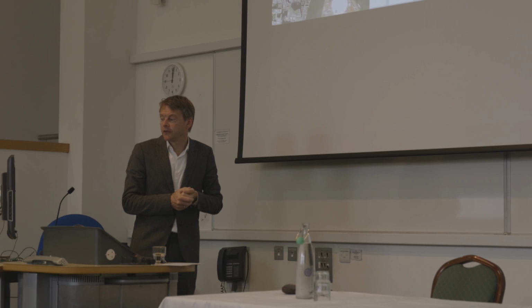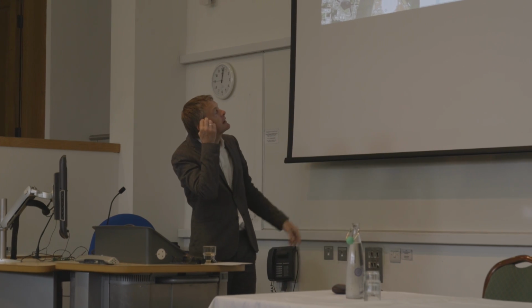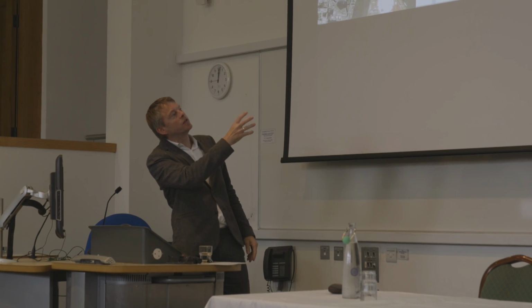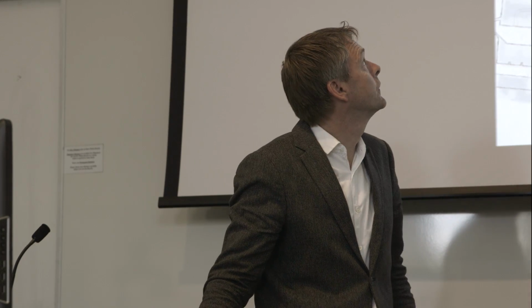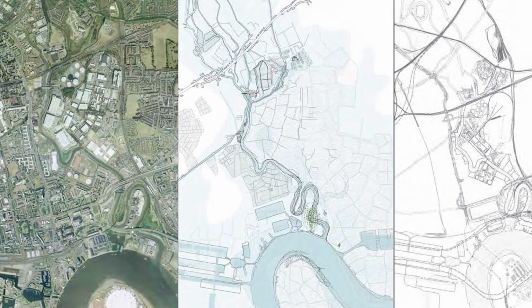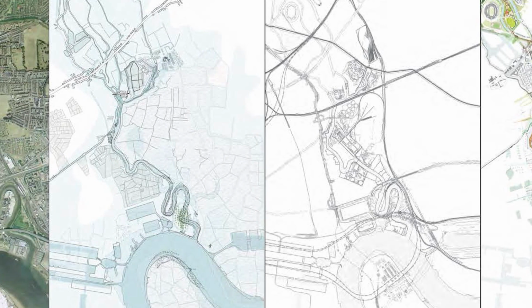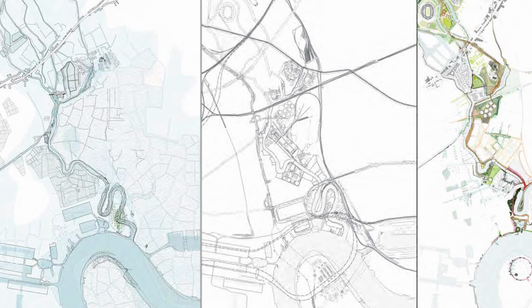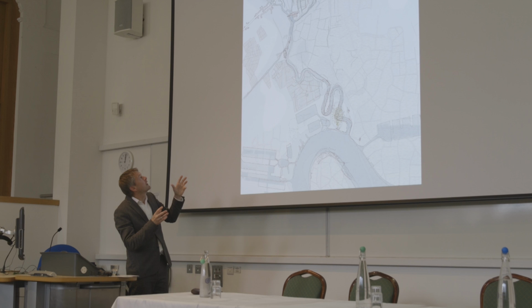But I suppose in terms of that discussion of a periphery, a former periphery that's become more central, I'm really interested in how one might talk about ages of periphery, or a sort of ecology that changes over time, that might help us to understand new peripheries. This starts out being an agrarian opportunity with the Abbey at Stratford, in the late Middle Ages, starting to drain marshland and to build mills that characterise many of those archipelago conditions that you get in the Lea Valley, followed by stuff that happens on the edge